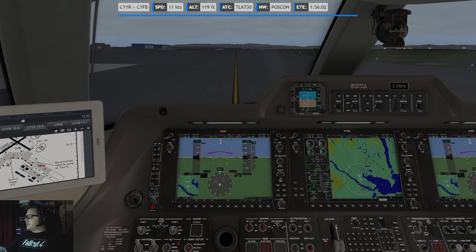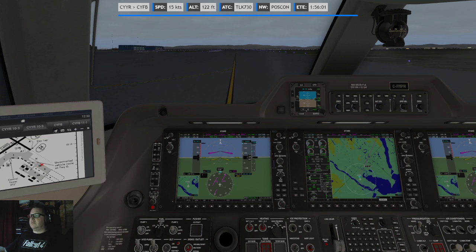So the winds 0-3 at 14. So a bit of a crosswind takeoff. It's kind of overcast here. Weather's supposed to be a bit better in Iqaluit. We'll see about it.